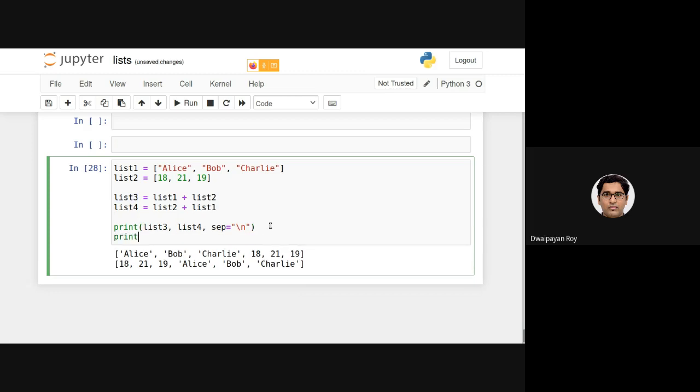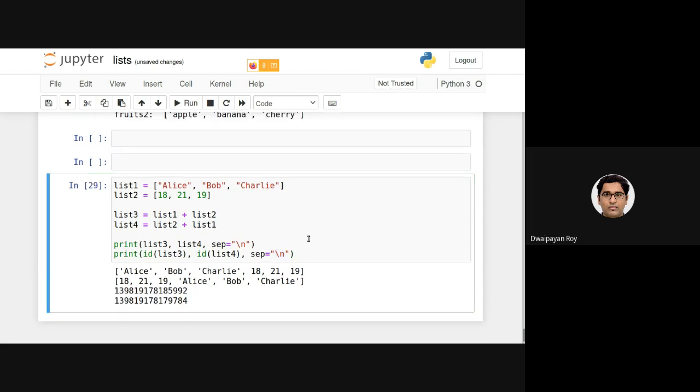If I print the ID of list 3 and ID of list 4, separated by a new line just to keep them in separate lines, as you can see, they are two different.